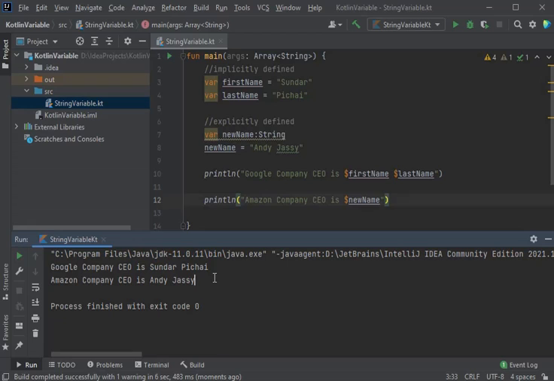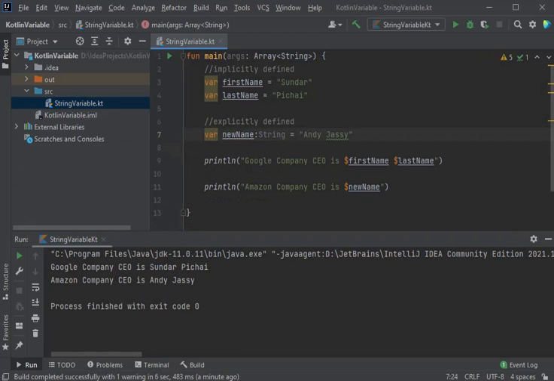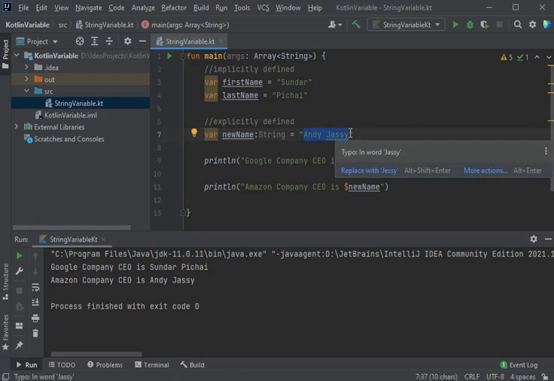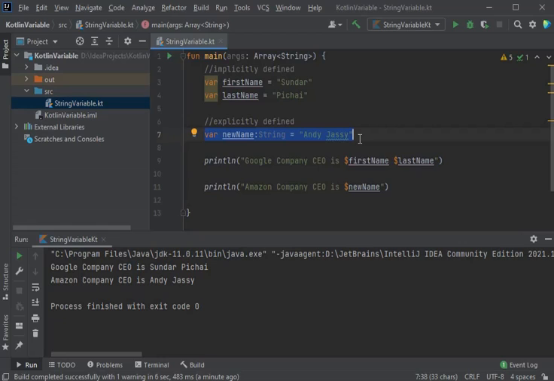We got our new output, and we can also assign the value to the variable on the same line where we have created the variable. So this can be done by giving is equal to after string and giving the value. So this is how you define the variable and give its value explicitly. Now let us run our program again.